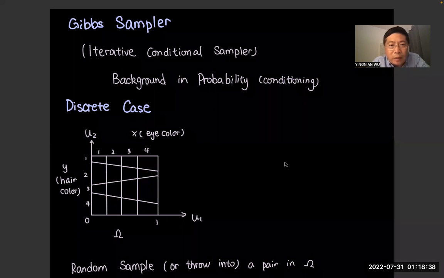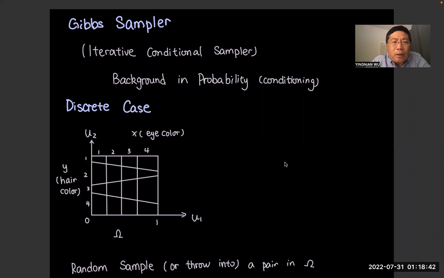Okay, so for this last lecture, we shall study the Gibbs sampler in depth. The name comes from the Gibbs distribution, as we discussed before, and it really should be called the iterative conditional sampler. So let me again start from a background in probability theory, in particular conditioning or conditional